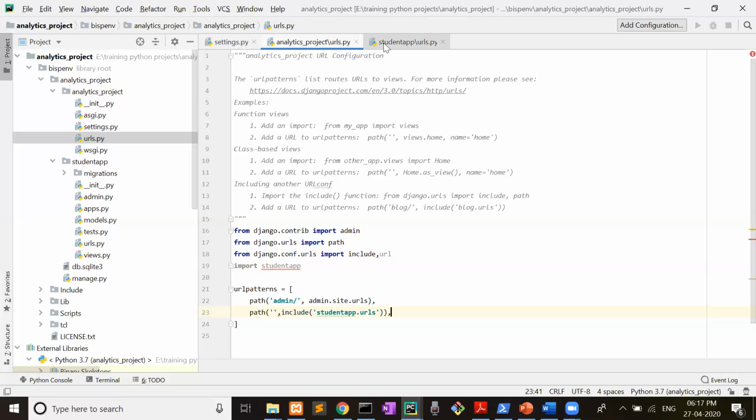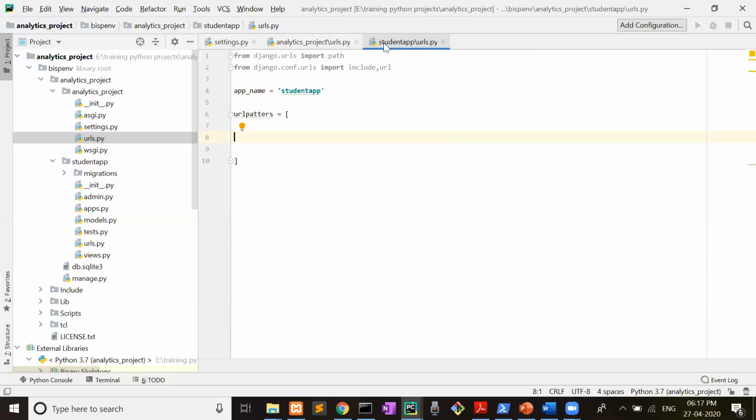Now let's come to student app. We have already registered the app in settings file. Now come to URLs of our app. Now path blank, comma, show first page. I will write it here, show first page.